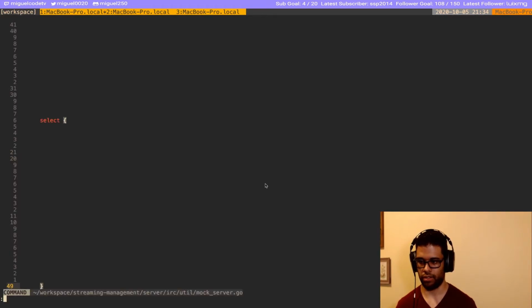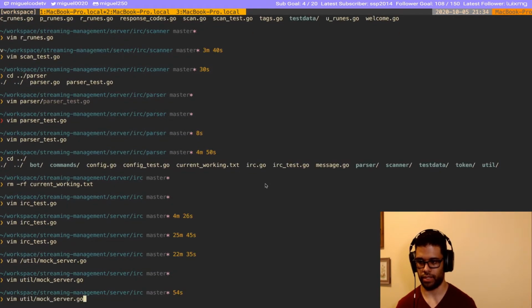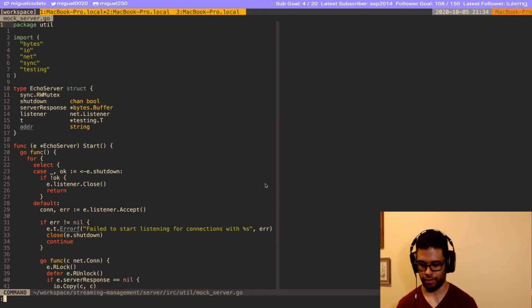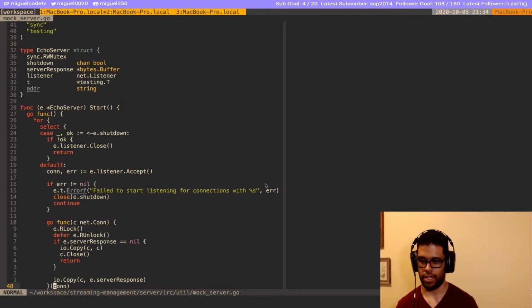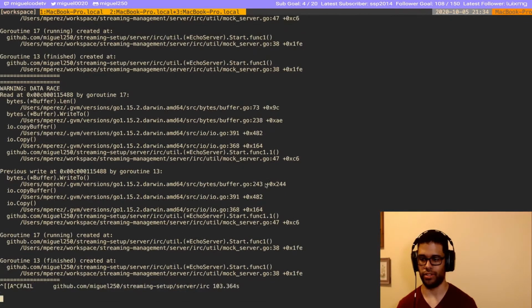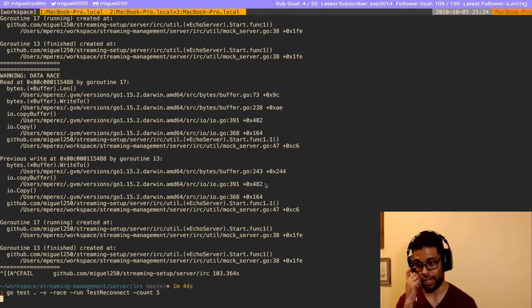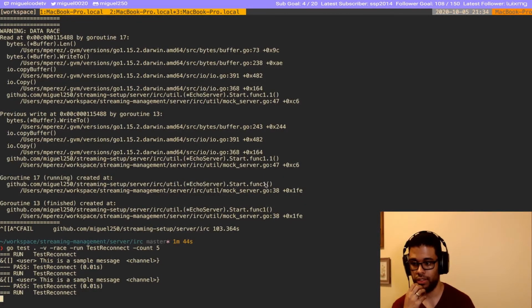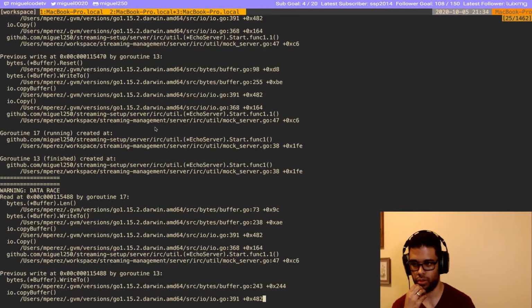It's the writing thread, a bit messing me up. Okay, so 47. And I guess instead of taking a read lock, we should just take a write lock, like a general lock. Okay, cool, that did it.